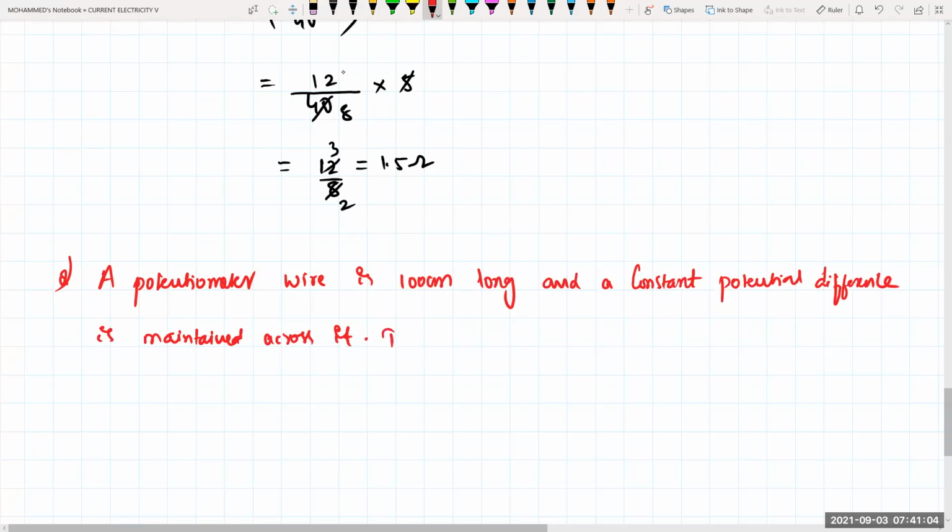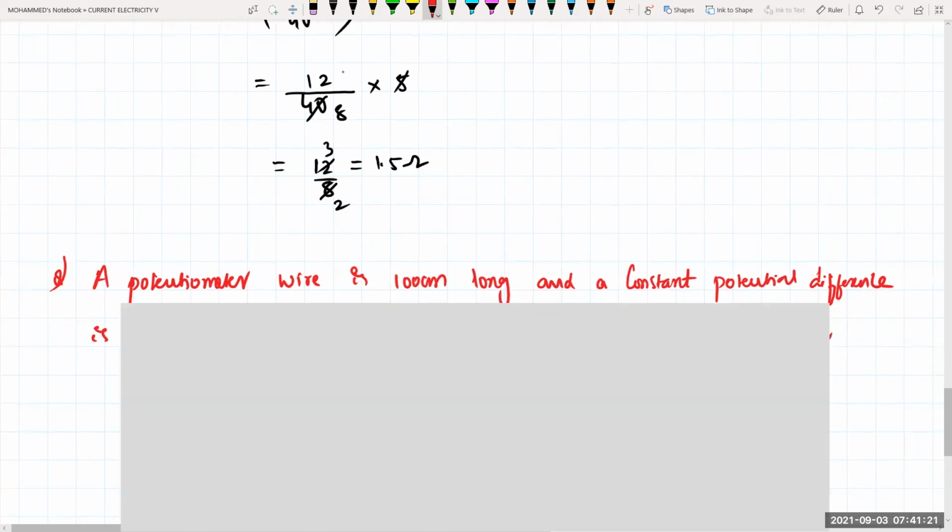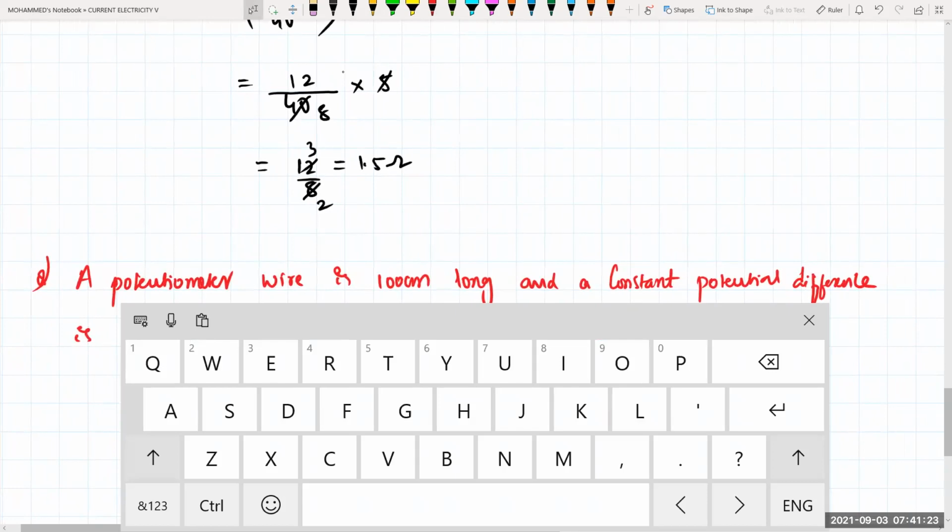Two cells are connected in series, first to support